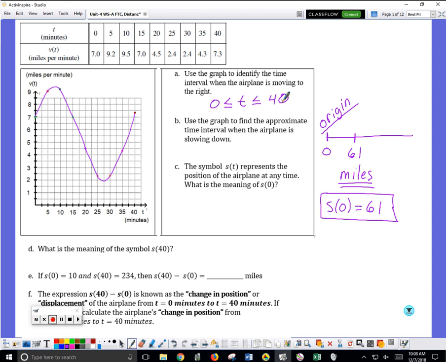Cool. Second one, B, says use the graph to find the appropriate time interval when the plane is slowing down. Make sure you have this on a flashcard memorized. Speed and velocity are different, but they're very related. Speed is the absolute value of the velocity. So you need to have that flashcard memorized. I think I gave you that in Unit 1 as well. Speed is the absolute value of the velocity. An easy way to think of that is